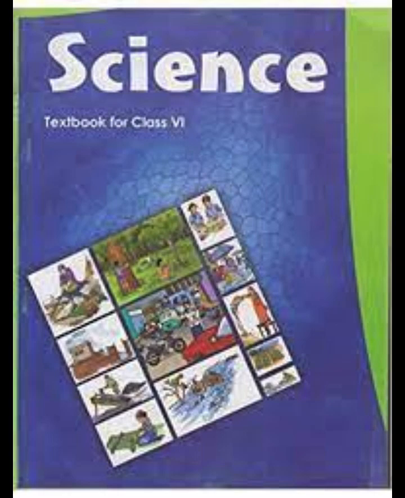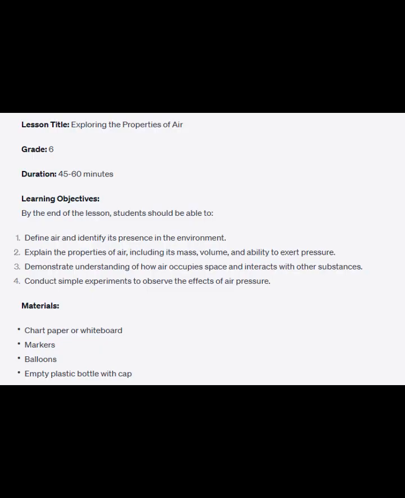Lesson title: Exploring the Properties of Air. Grade 6. Duration: 45 to 60 minutes. Learning objectives: by the end of the lesson, students should be able to define air and identify its presence in